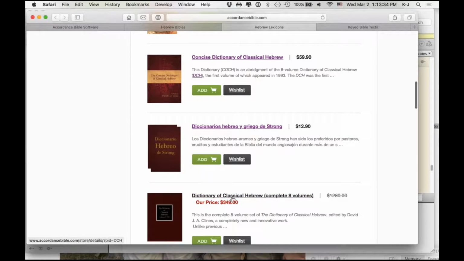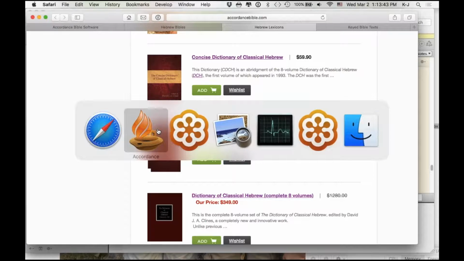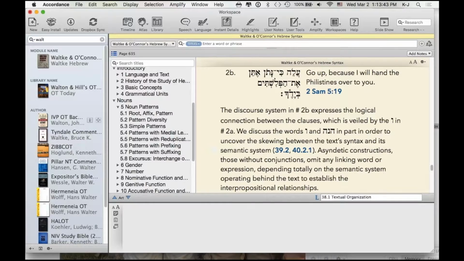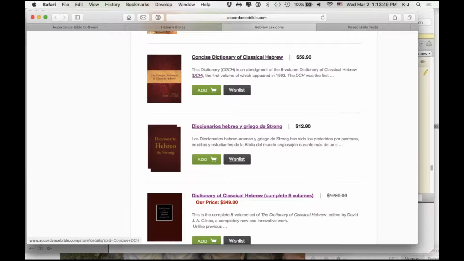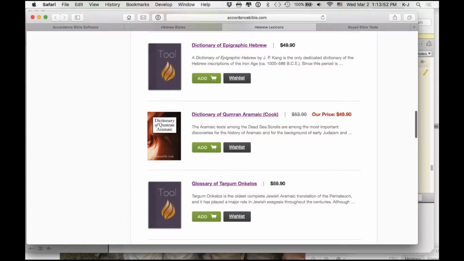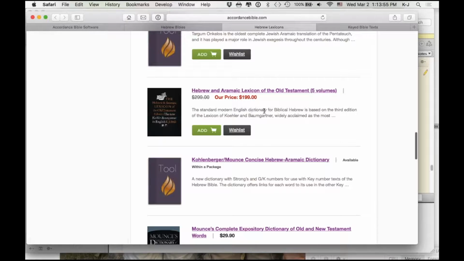Its larger counterpart, as I said earlier, is the Dictionary of Classical Hebrew, but this concise one is especially good for getting a basic lay of the land. Actually, let me put that off because I will talk about lexicons later. So I'll do a case study with this particular lexicon. That's a good one to get, and then kind of what's been used in scholarly circles,